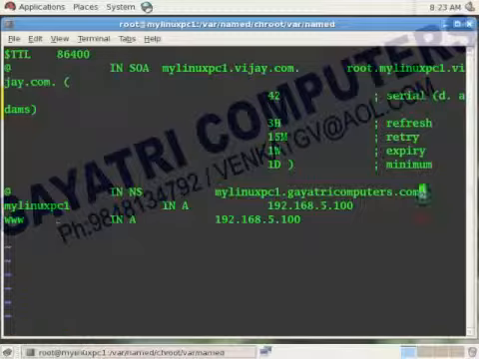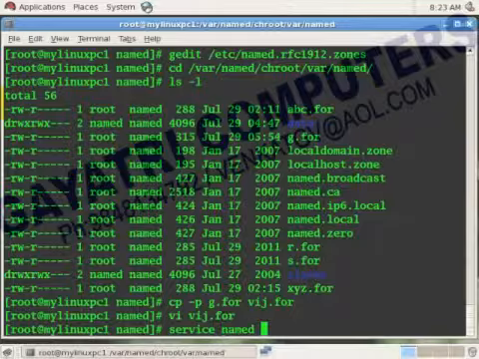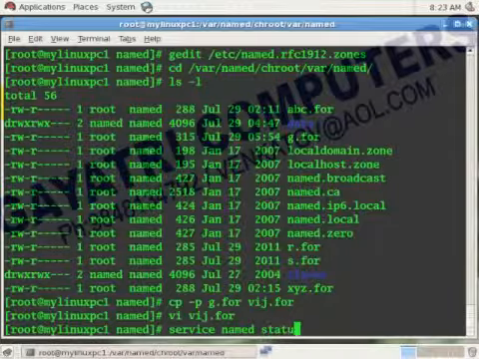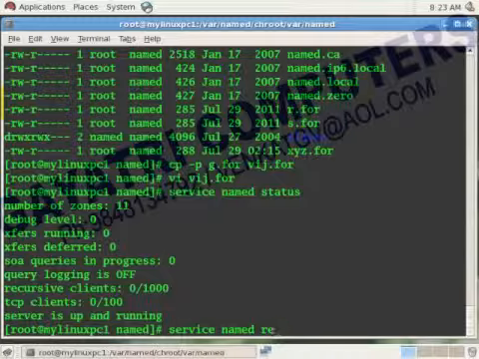Just save this file. For the DNS service named, see the status; DNS is already started, so better to go for a restart. The file g.per was already created for Gayatri.com.